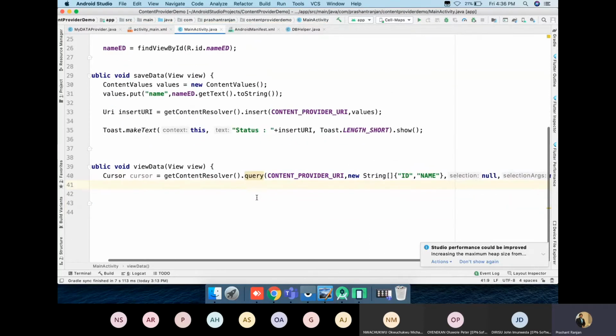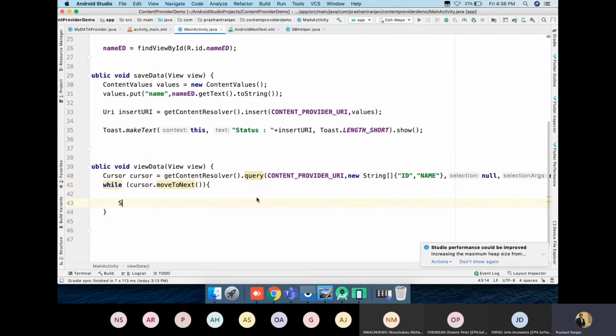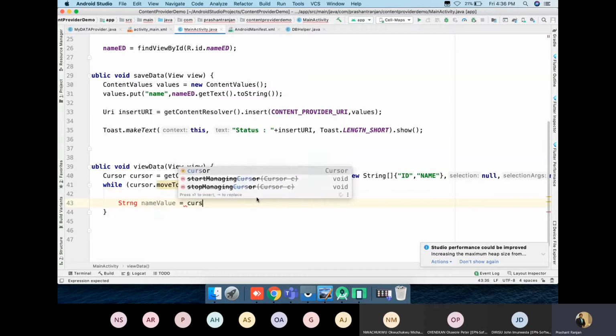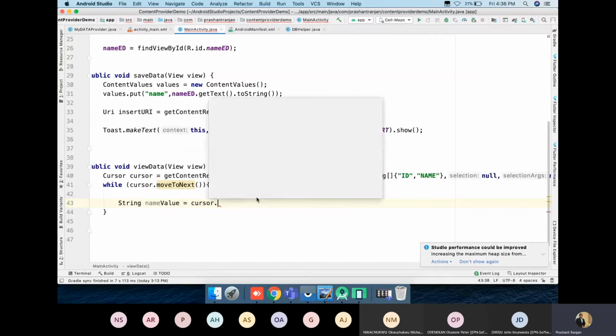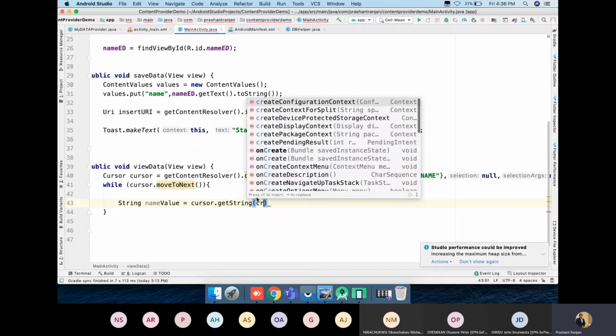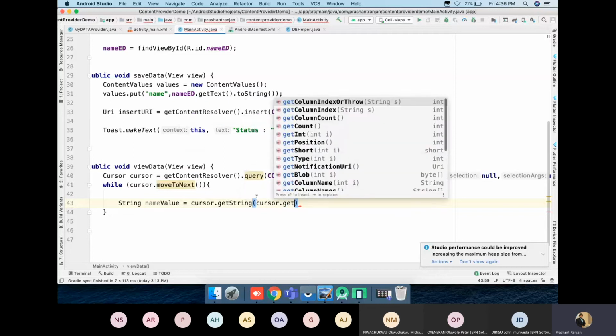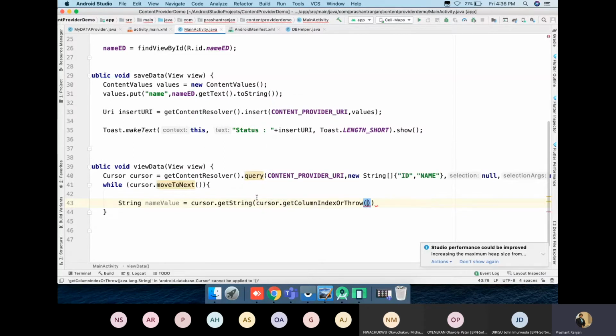To retrieve the information, while cursor dot moveToNext, string name value is equal to cursor dot getString, cursor dot getColumnIndexOrThrow, where we can define name.